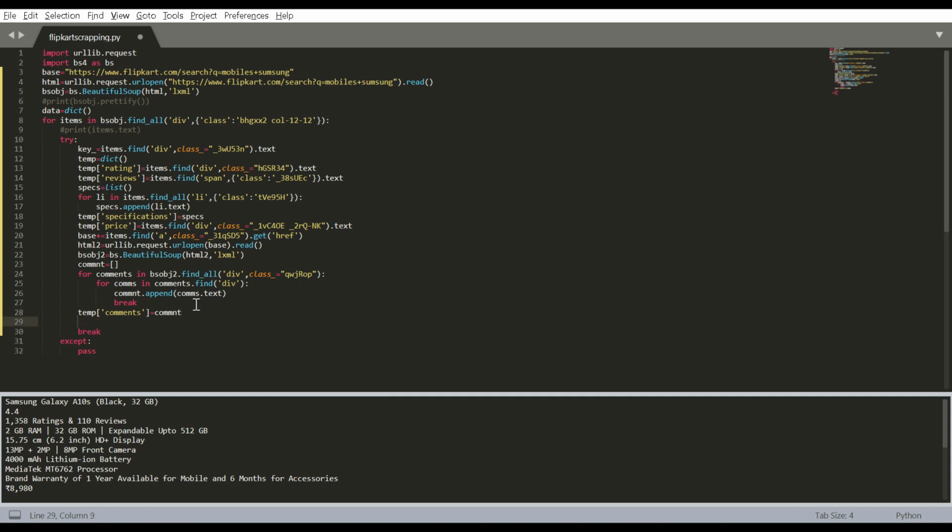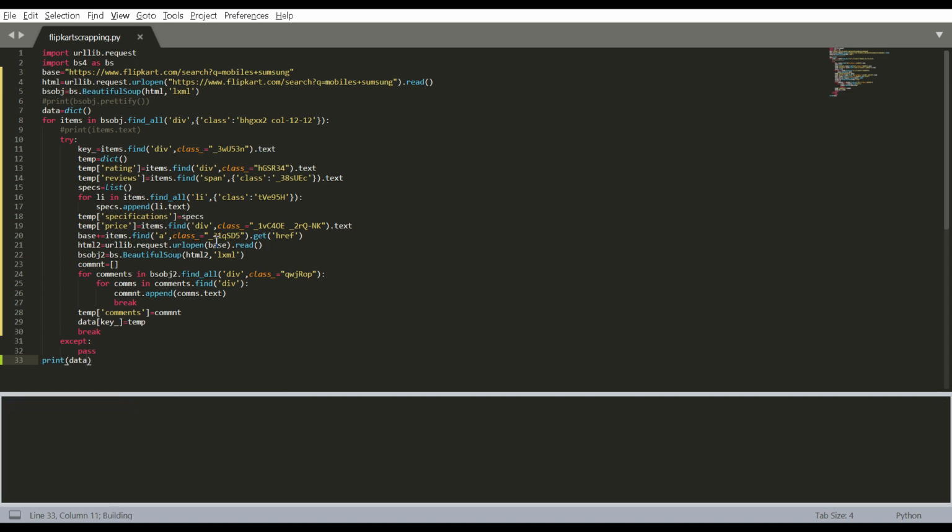Once this is done, we have to store it in our main data. So data of key equals the temp we've stored here, and once everything is done, let's print the data. This should work.